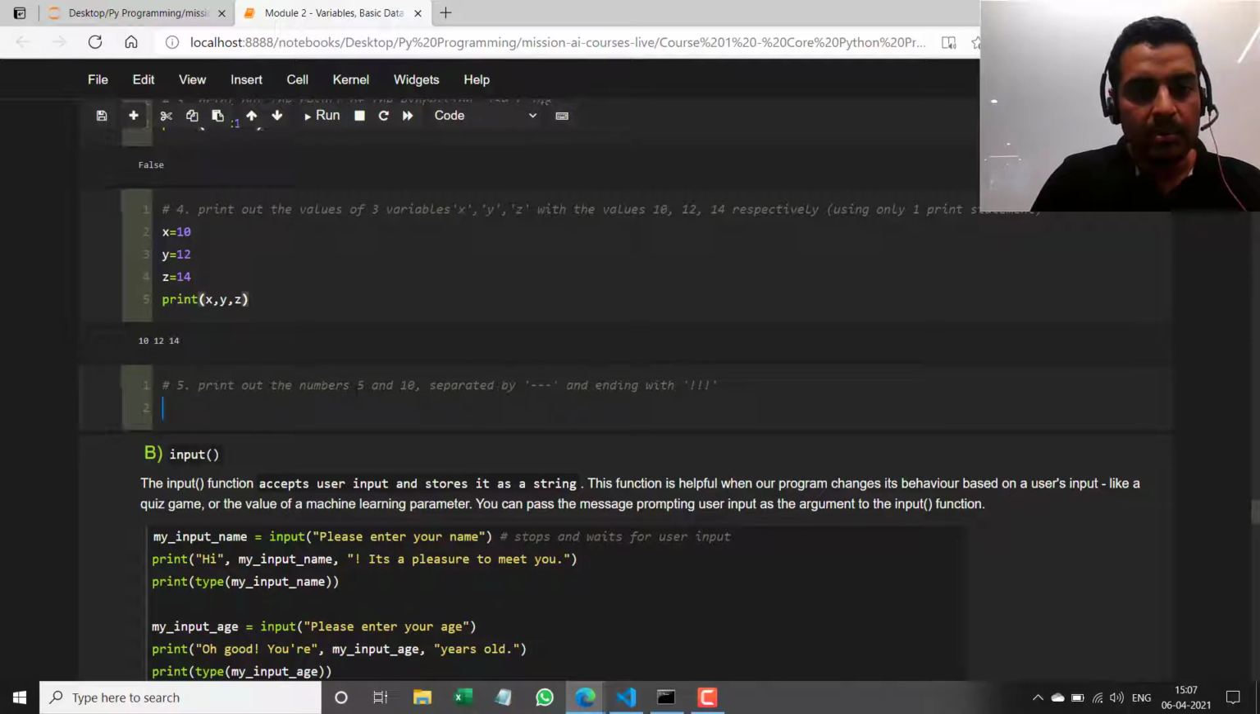Now print out the numbers 5 and 10 separated by 3 dashes and ending with 3 exclamation marks. So this is where I get to specify the additional arguments for the print function. So I'm going to say 5 comma 10, right? These are the two values we are printing out. Now we're going to say they're separated by